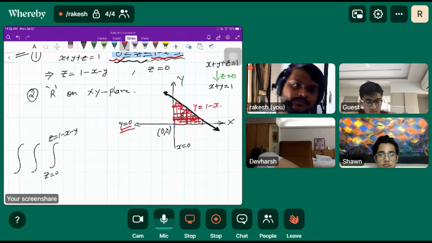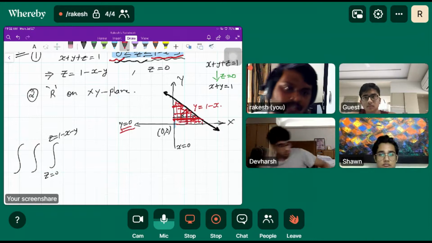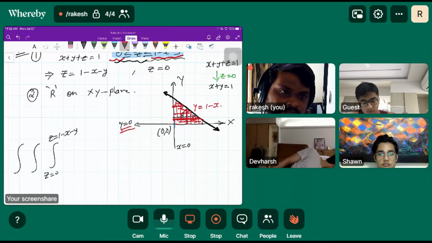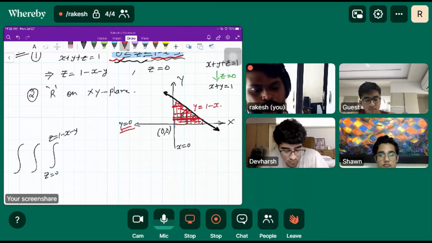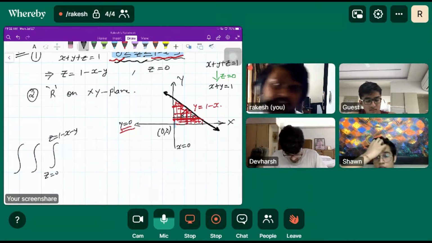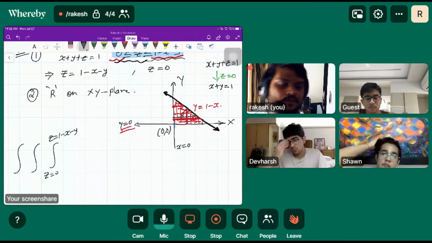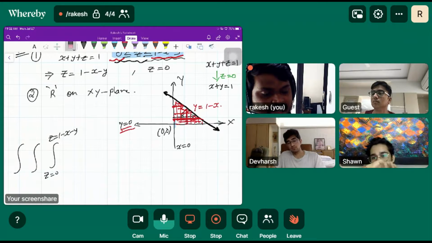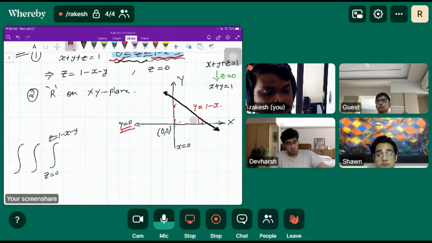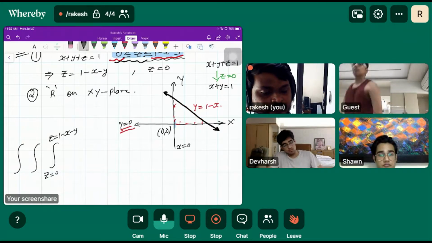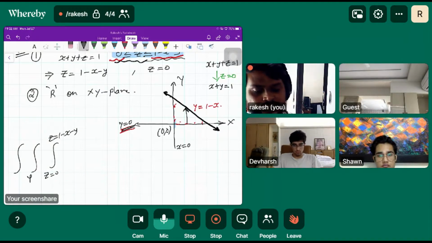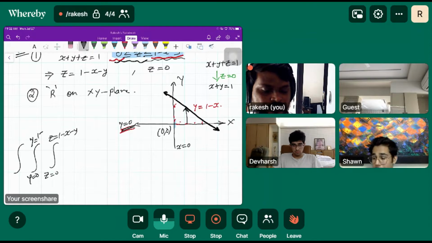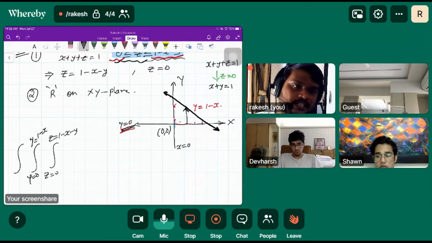Are you getting that? Can you recall these things that we have already done? Okay. So we can take any direction, either dx or dy. We will go for the y direction first because the lower limit is always 0. If you understand here, the lower limit is 0, which is y is equal to 0, so it is easy to just get rid of one value. So y is equal to 0 to y is equal to 1 minus x.